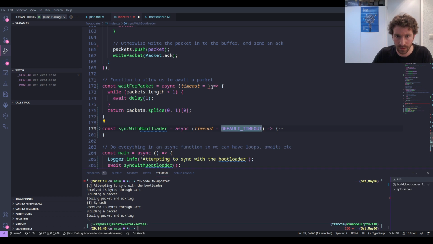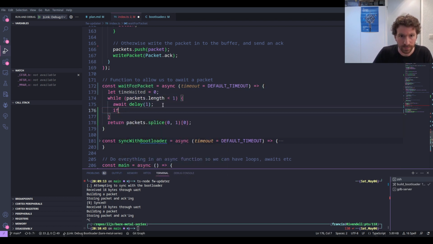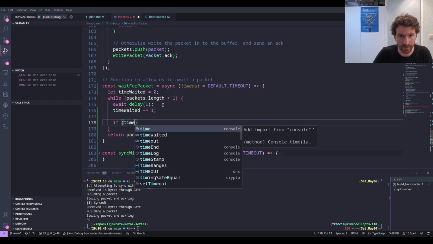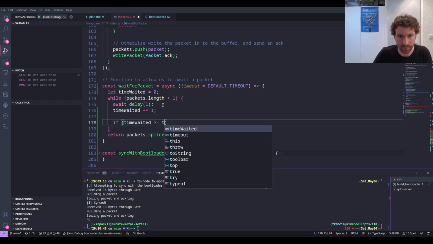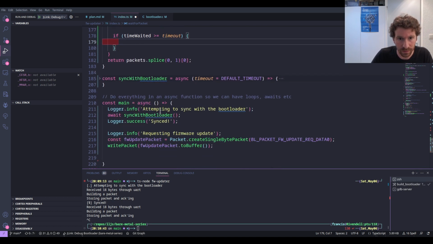So we need a timeout, and so exactly the same code as before. Time waited plus equals 1. If time waited is greater than or equal to the timeout, then we will